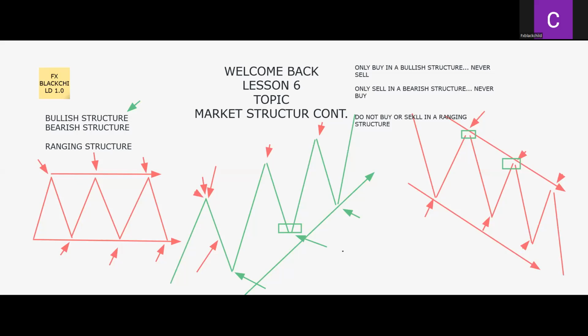So just to recap, this is the ranging structure. Why? Because the market is not showing any moment of going up or going down. This is a bullish structure. Why? Because the market is presenting us with plenty of opportunities that it's going up. This is a bearish structure. Why? Because the market is actually going in the downward direction. Okay, so now let's go on the charts so that we can actually see how these things look on